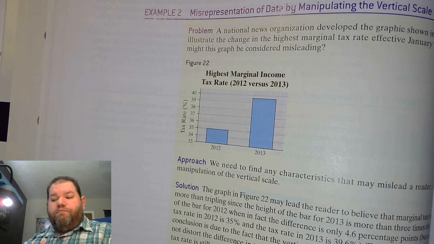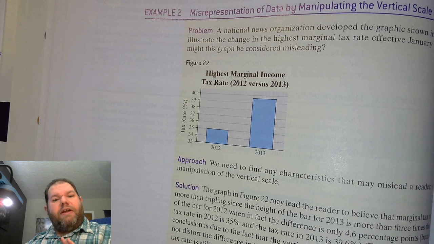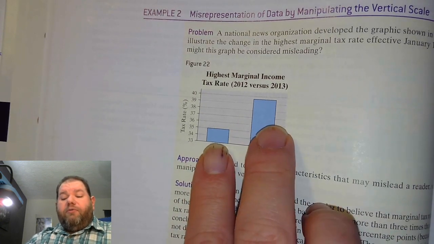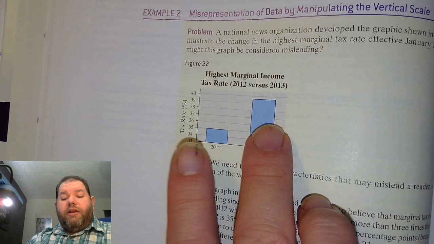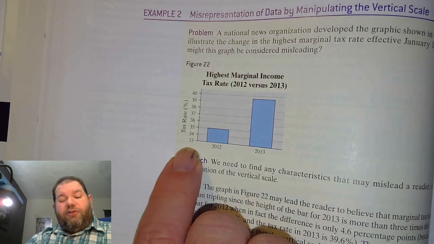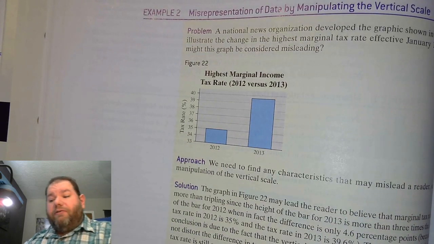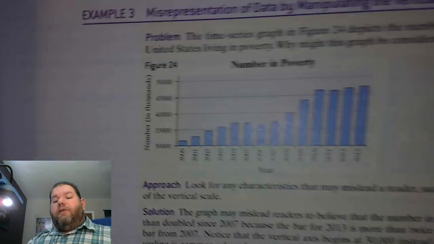Now, because we may have data whose values are pretty close together, but we still want to be able to show the differences between them. I mean, we certainly want to show the difference between one year and the next, but we don't want to start at 33. We still have to start at 0, technically. So in this example,